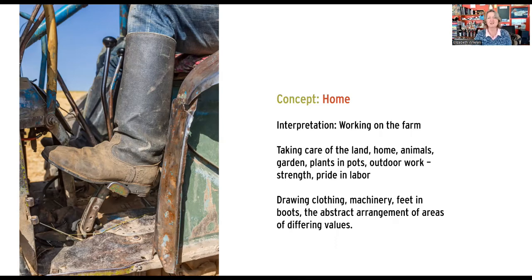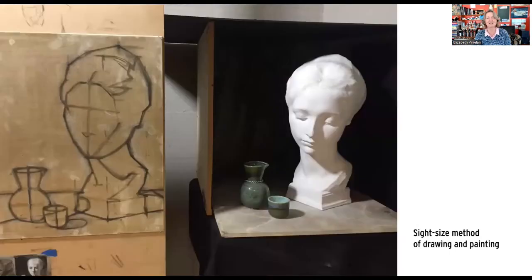What I also like is the abstract arrangement of values. If you squint at this and look at the light and dark patterns, there's an interesting abstraction going on there. So academic drawing really applies to a style of drawing that harkens back to the ateliers